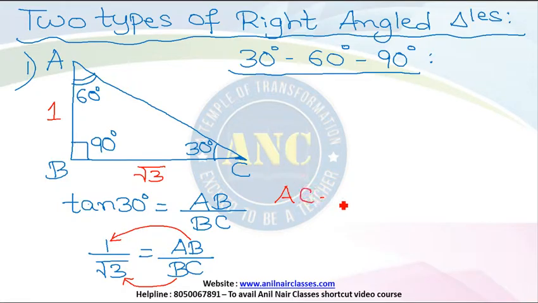Hypotenuse AC is nothing but square root of 1 square plus root 3 whole square. AC value is root 4, which is nothing but 2. That means, in simple language,